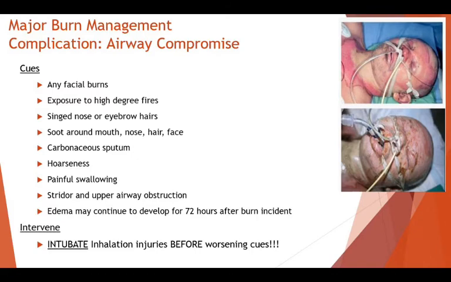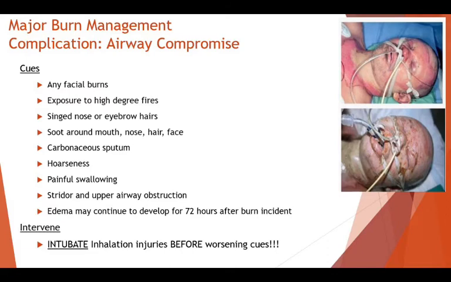Now, the picture on the top here and the picture on the bottom is the same patient at arrival and 4 hours later. So you can see the patient at the beginning does not have a breathing tube in, but has visible facial burns. And you're like, oh, they're only first degree. This patient looks like he's first degree burns. But he has singed his eyebrow hairs away. He has no more eyebrows and does not have soot around the mouth or nose, but any cue is giving you airway compromise. Even though he has what looks like first degree facial burns,